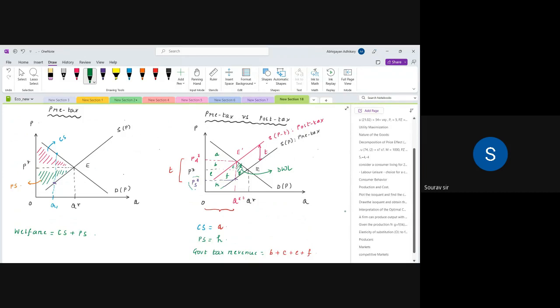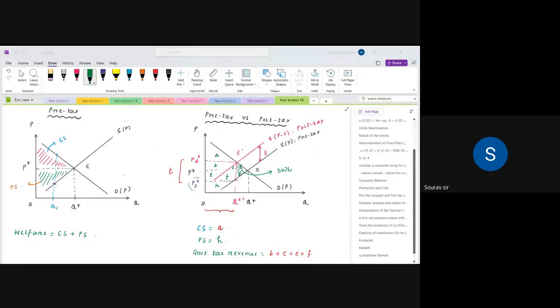That means the conclusion that we get from here is that imposition of tax reduces the welfare of the society because earlier in the pre-tax setup, this much amount of welfare was being accrued to the society. The D part was going to the consumer, the G part was going to the producer. But now, since after imposition of tax, this part is not accessible to either of them or not achievable, so to say, this constitutes the deadweight loss to the society. So the conclusion that we get from here is that